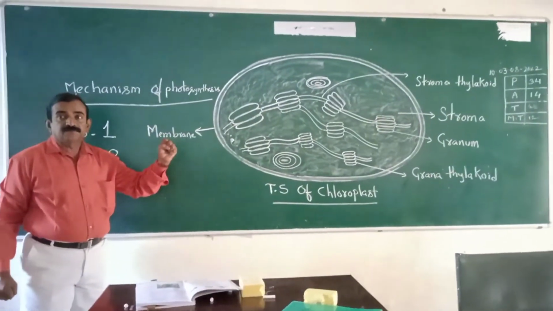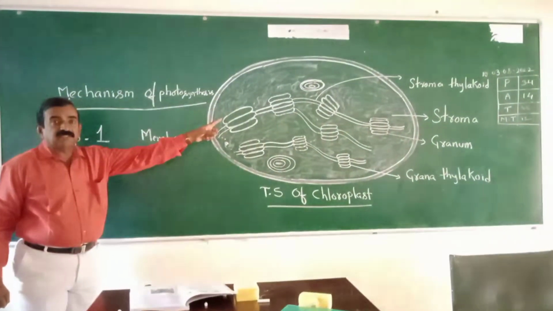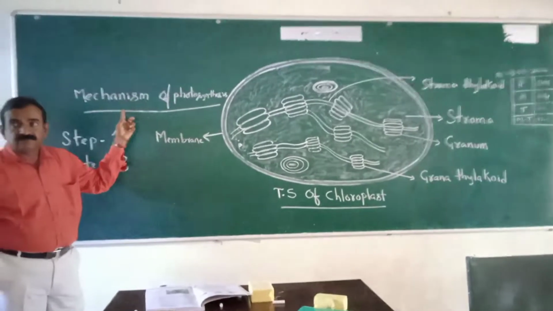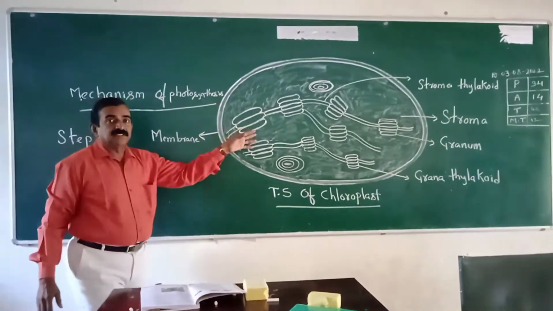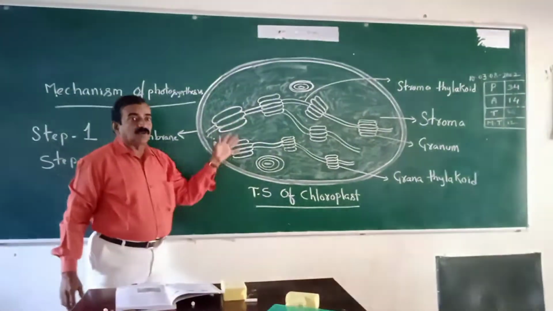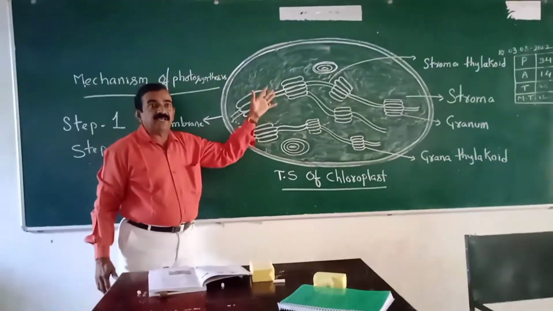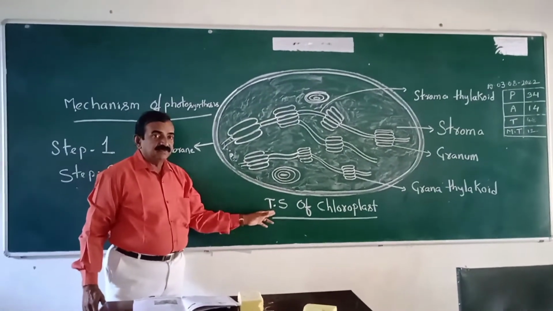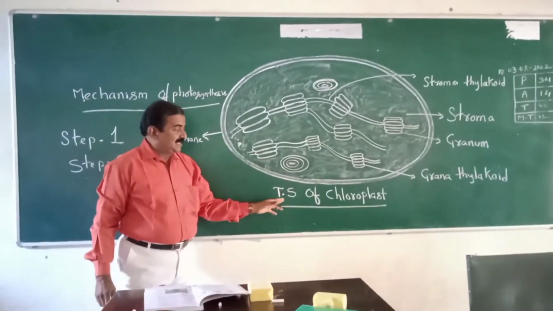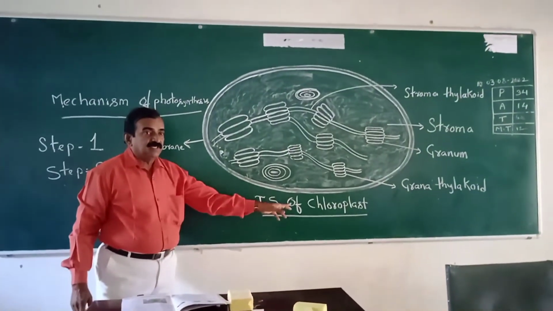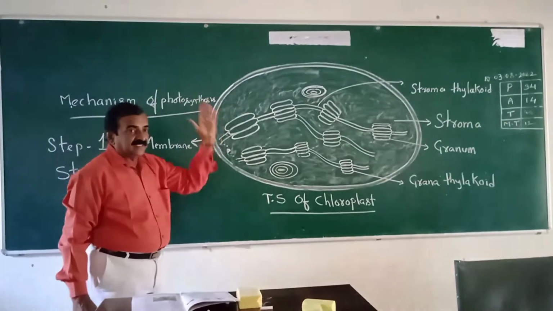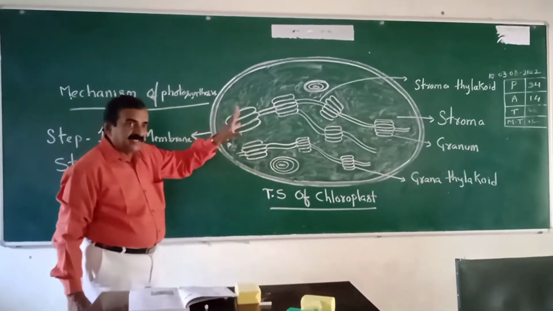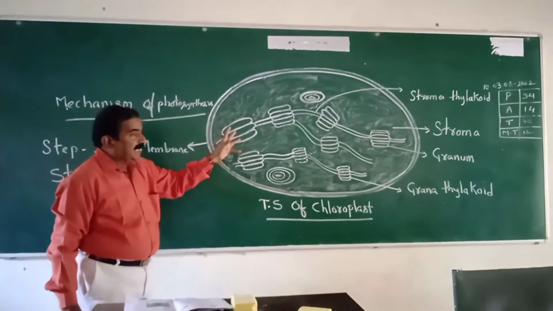Discussing the structure of chloroplast and the mechanism of photosynthesis. We already discussed the structure of chloroplast. Page number 10, and there you see the TS, transverse section, of leaf. Suppose you take the transverse section of a leaf and we see the presence of different leaf tissues, and